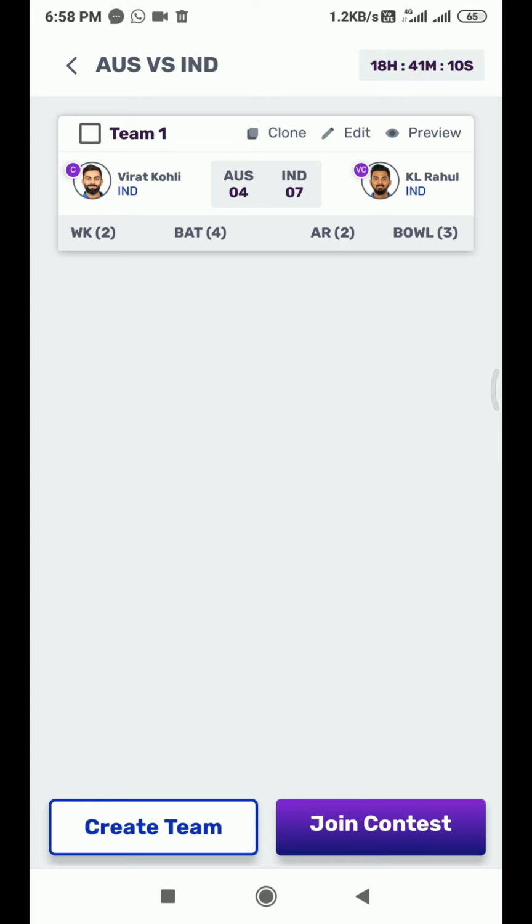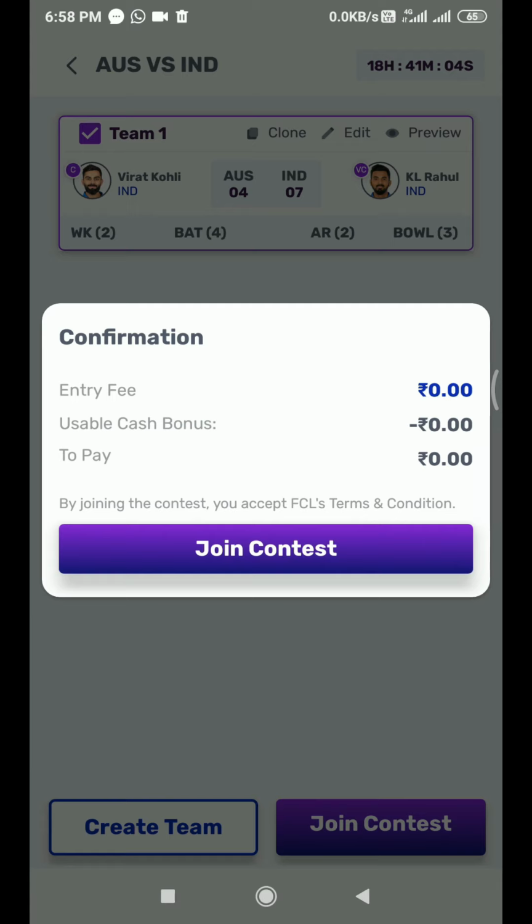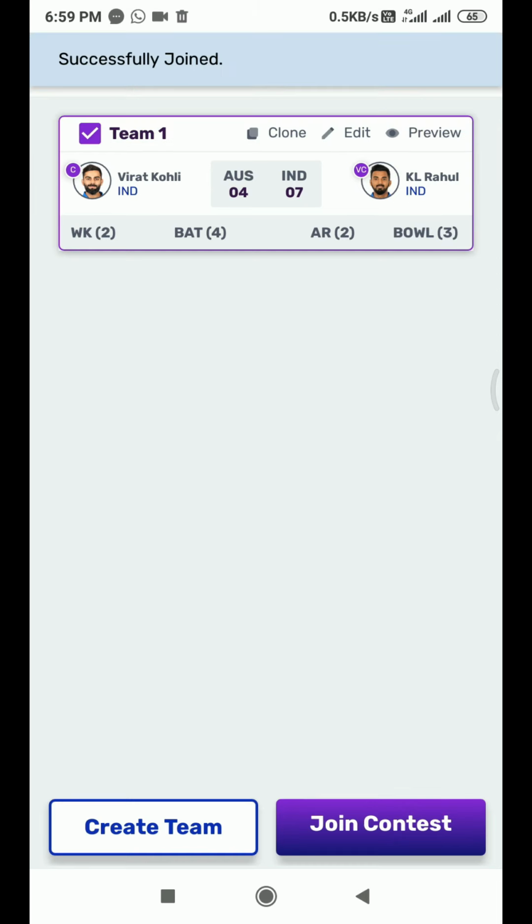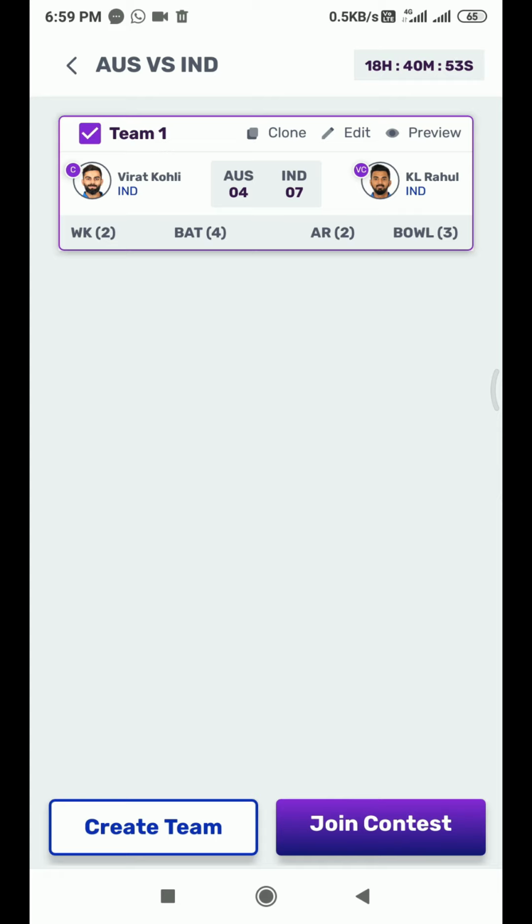Now click on the checkbox to select your team. After doing that, click on join contest. You can see the entry fee over here is 0 and even after that you will be winning guaranteed prizes. I mean, isn't that wow? So now we will click on join contest. After that we will go to the home page